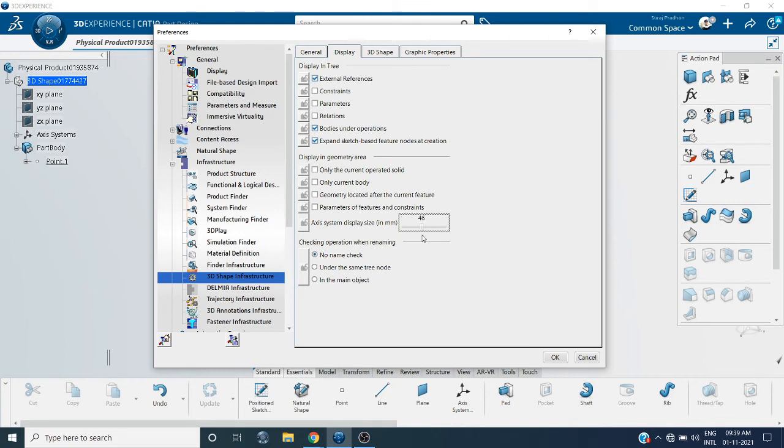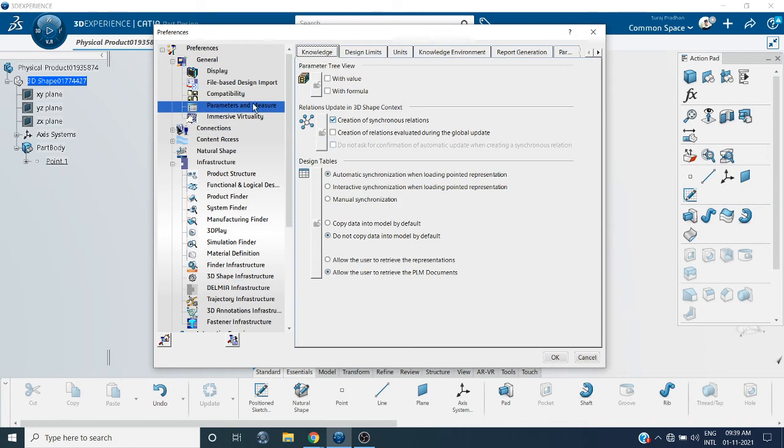I want 50. Then I want to set the unit. As you know, all units are in millimeters. In design it is in mm, but sometimes the sketch is in inches, centimeters, or meters.